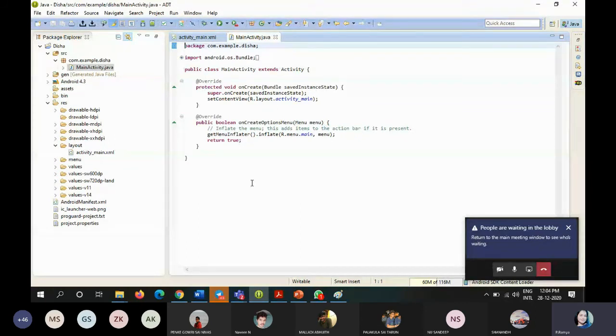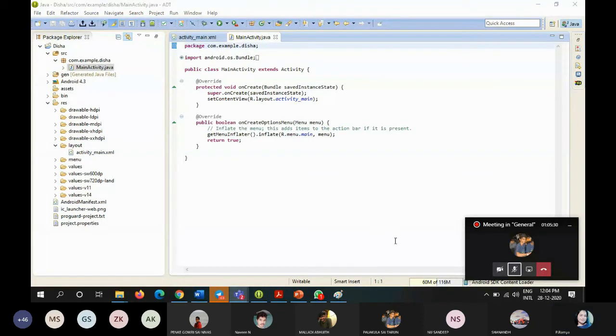Because of those two reasons, whatever application you create within the Eclipse platform, both the XML and Java files will be generated.